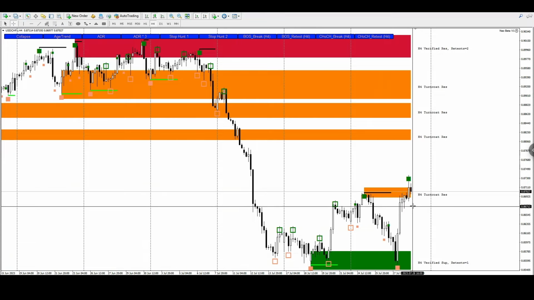We would be in for an entry right now. Our stop loss would be below this area here, which is 20 pips. And then on top of that, we would be looking for around about 60 pips for a TP. So it's not even that bad because it's a 1 to 3 trade, but it does have the possibility of